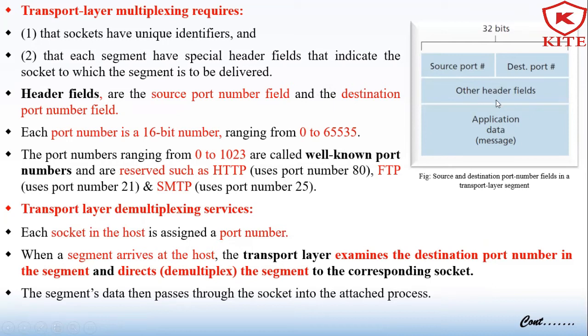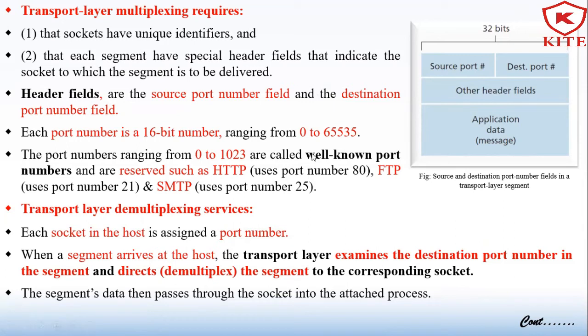Each port number is a 16-bit number ranging from 0 to 65,535, and port numbers ranging from 0 to 1023 are called well-known port numbers and are reserved, such as HTTP, which uses port number 80. Then the FTP protocol uses the reserved port number 21, and also SMTP, Simple Mail Transfer Protocol, uses